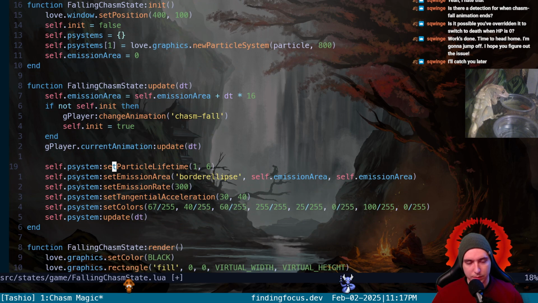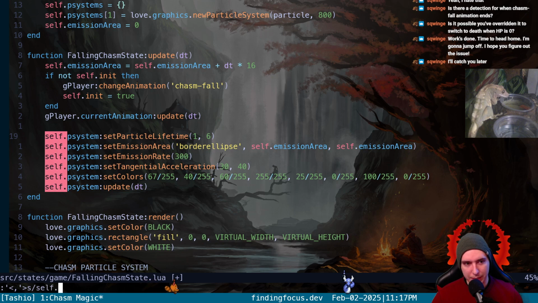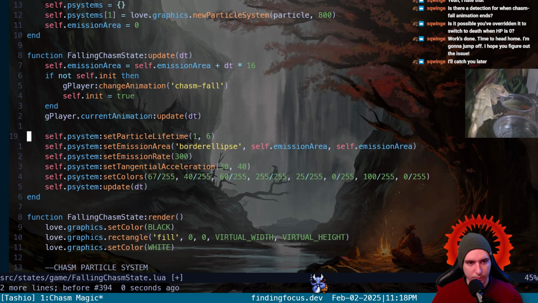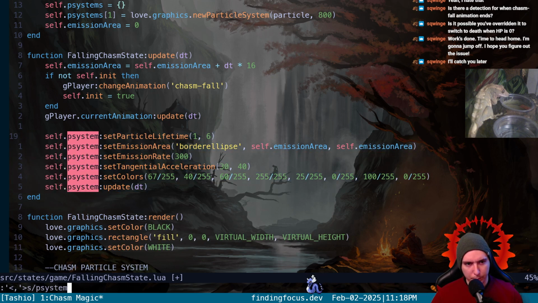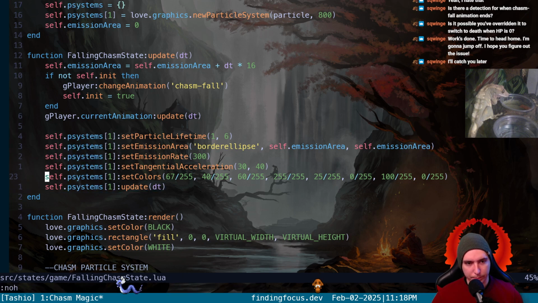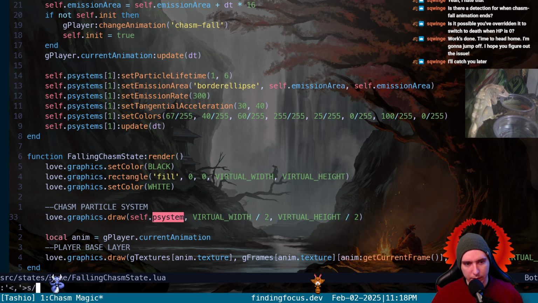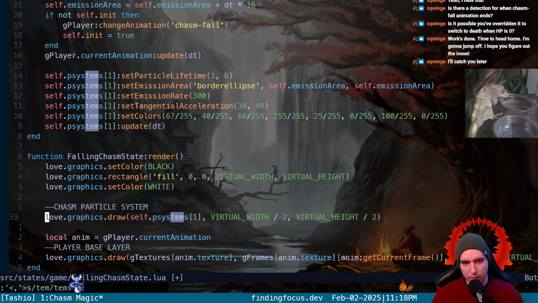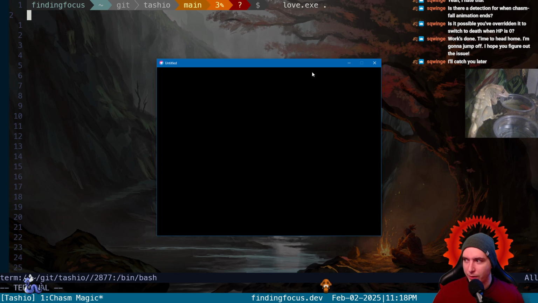Now instead of this P system update, we're going to go P systems with an S index 1. What is going on? Okay, so we're going to update the first particle system, and then we're going to render not the particle system, but the systems index 1. Okay, so we should have nothing changed other than the fact that now we have a table of particle systems